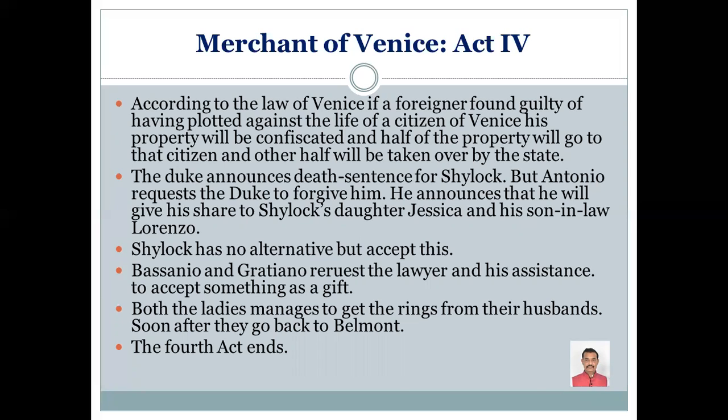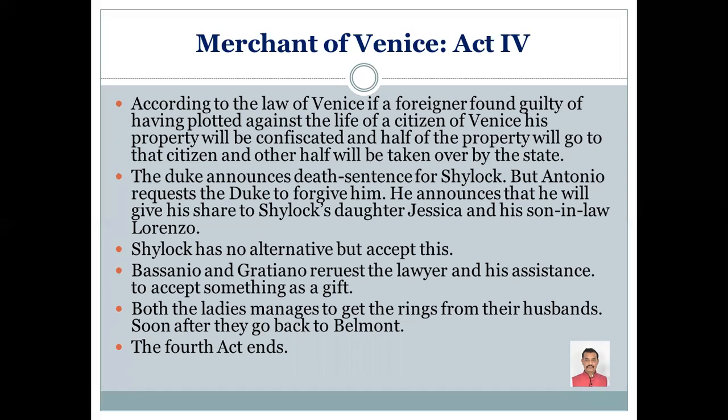So these were the things which were spoken by Antonio. He was really a great man. He forgives Shylock, and he also requests the Duke that he should not announce the death sentence for Shylock. When Shylock listens to that, he has no alternative but to accept this. Thus, the mighty Jew is not only defeated but also robbed of his property, which was the only source of